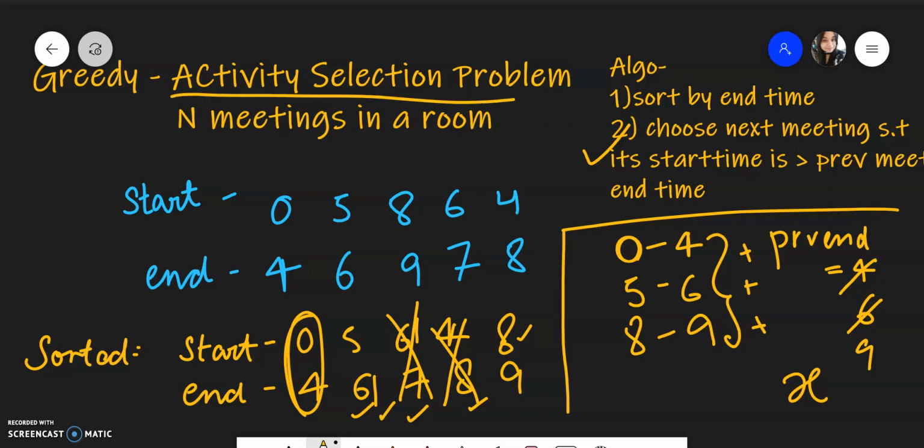So this is a pretty standard greedy problem. It can be asked in multiple ways, for example, a person can do multiple tasks. You have the task start time and end time, and you have only one person that is going to do these tasks. So you will have to find out the maximum number of tasks that person can complete.